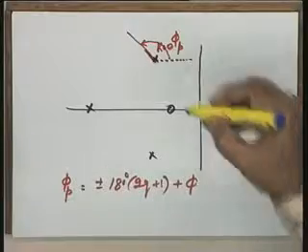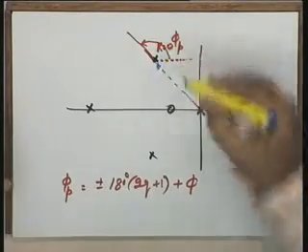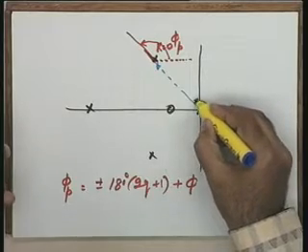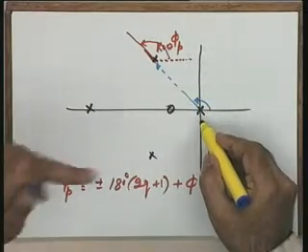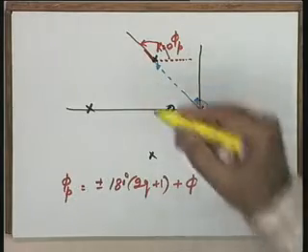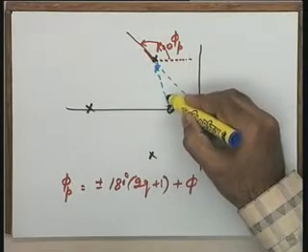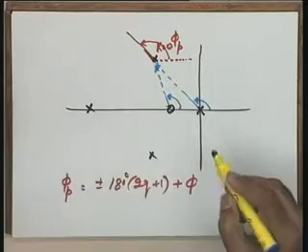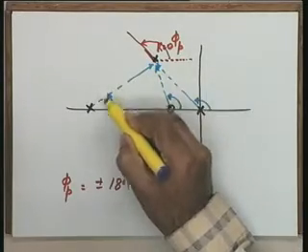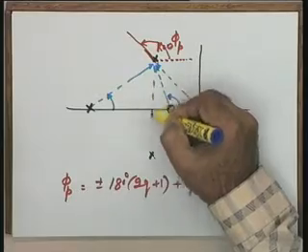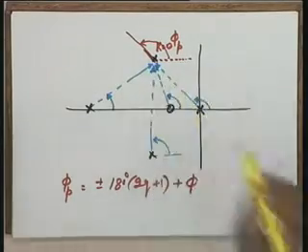Consider this particular pole. Draw a vector here. This is the angle contribution due to this pole. However, please note, since this is a pole, the angle will come with a negative sign. Take this zero. This is the angle contribution. Due to this zero, the angle will come with a positive sign. Here is the angle contribution due to this pole, and lastly, this is the angle contribution due to this pole, which again obviously is 90 degrees.